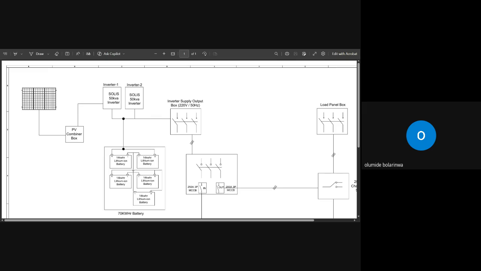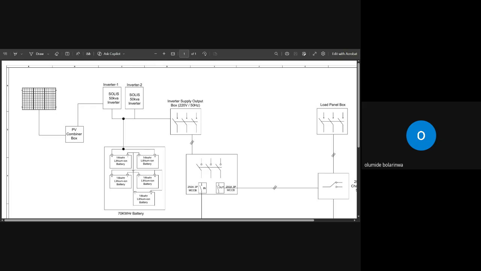Our solar panel is divided into two. We have the monocrystalline and the polycrystalline. The mono is more expensive than the poly. And when we are talking about longevity, mono lasts longer than the polycrystalline. Majorly, we use monocrystalline in our building.